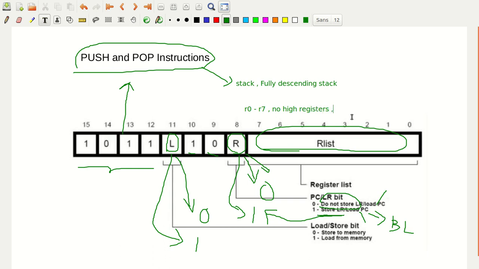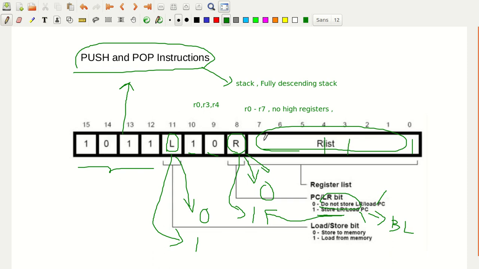One thing to understand here: for example, if I take a register list of three registers, R0, R3 and R4, then the bit for R0 will be 1, the bit for R3 will be 1, and the bit for R4 will be 1.